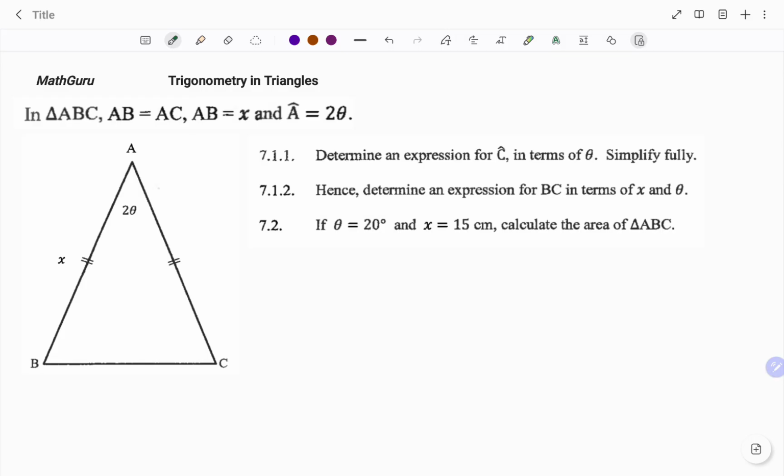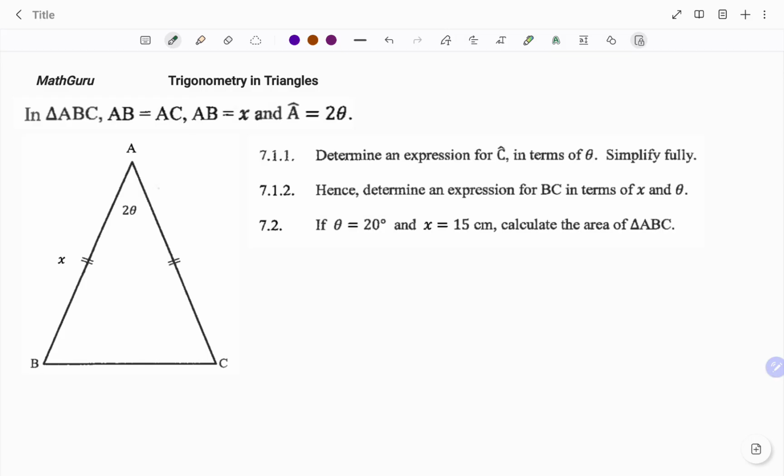We are to 1. Determine an expression for angle C in terms of theta. Simplify fully. 2. Determine an expression for BC in terms of x and theta. And the last part of the question says if theta equals 20 degrees and x equals 15 centimeters, calculate the